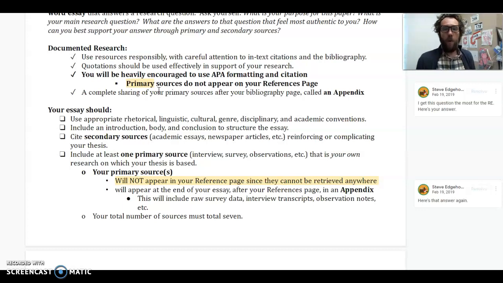Okay, just to be clear, I get this question a ton, so it's here all over the place, and I'll probably send out an announcement as a reminder as well. I just tend to get that question a lot. There are a lot of very responsible students. There are many of you that are worried that you're doing something incorrectly by not citing in your references page at the end. So I just like to get out in front of that one.